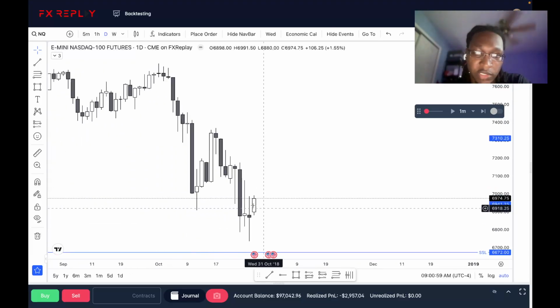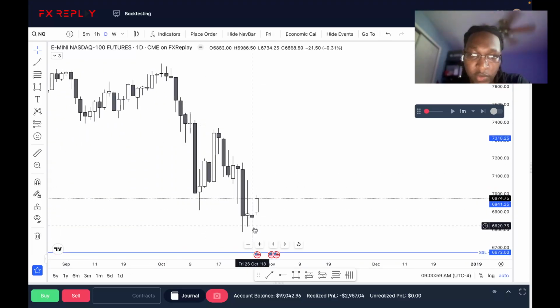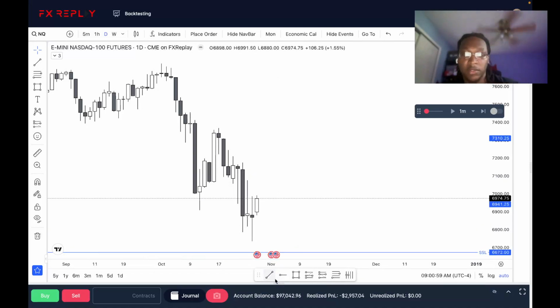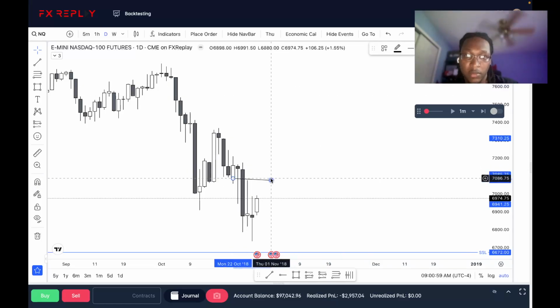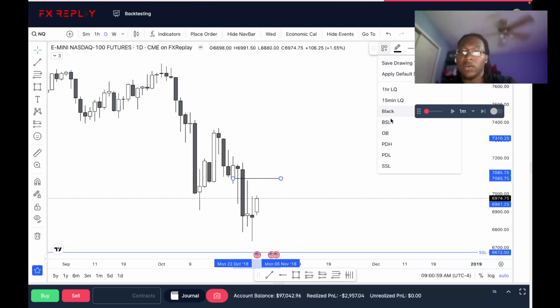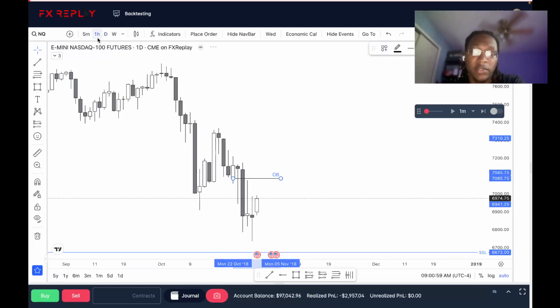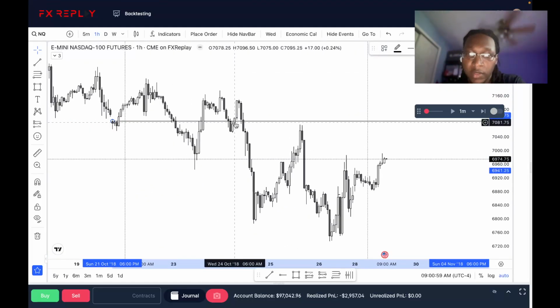Where are we? So we just took out some lows, looking like we're failing to displace a little lower. Took out this low and this low. So could be pushing a little higher, maybe to this high. And we have an order block right here as well. So this may be the draw. Going down to the hourly, let's see how price is moving.